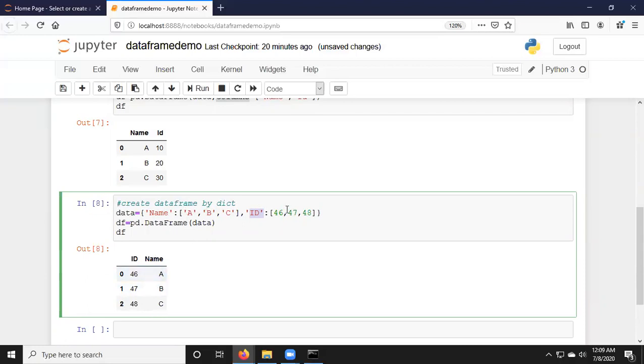If we do not supply any column, or when we use the dictionary object to create the data frame object, then the key acts as a column name. So that is the point you have to remember. Okay, now this is very easy to create a data frame object by using existing data present inside